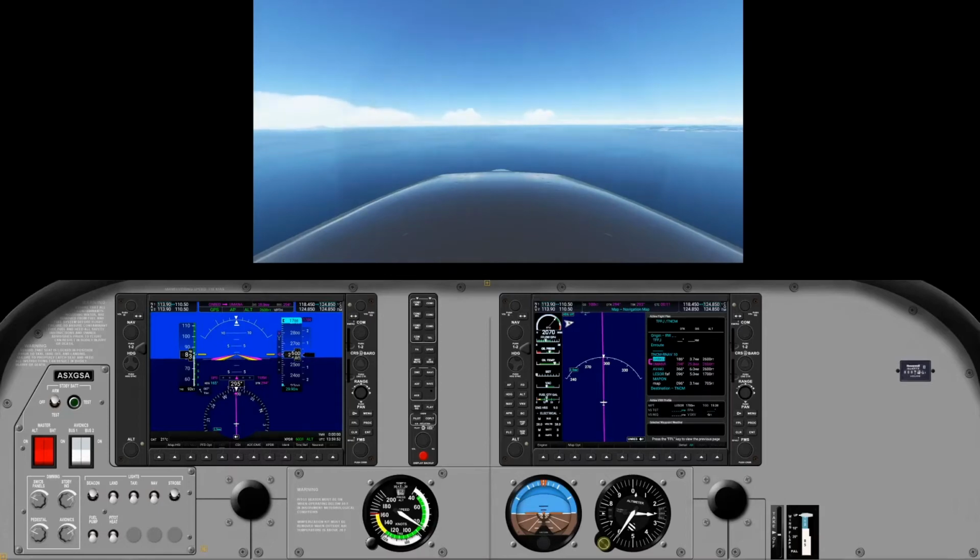You should have to set them both. In Xplane you can, because they have different ones that you can assign to different instruments, so you can get that functionality. I'm not saying it doesn't exist, but if someone knows that it does, please let me know in the comments, and I can add that in. But I'm still going to do a little bit more digging to see if I can find a solution for that. So yeah, I say it's minor, it's kind of important, I suppose. But yeah, that's something that's not